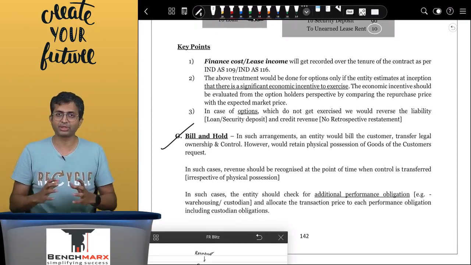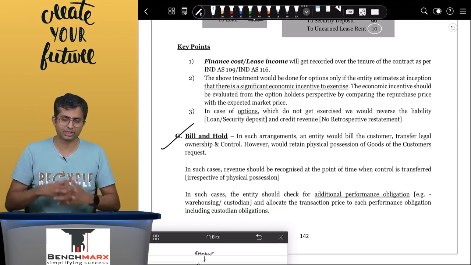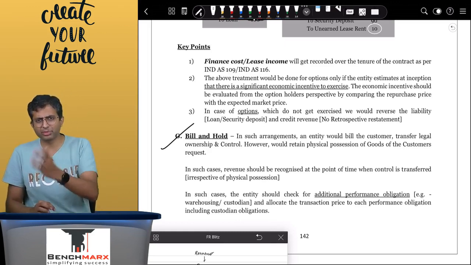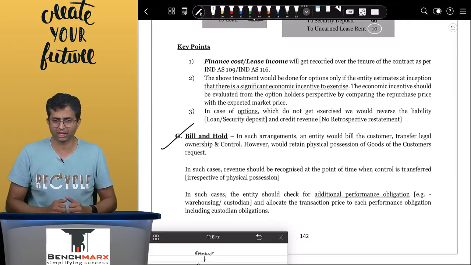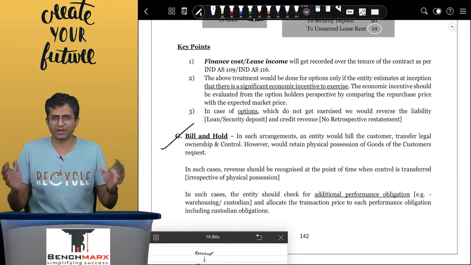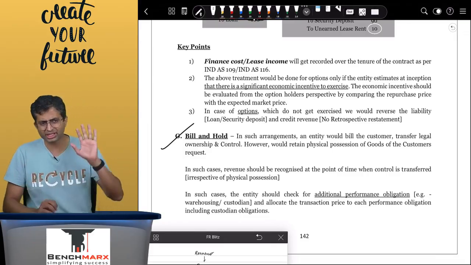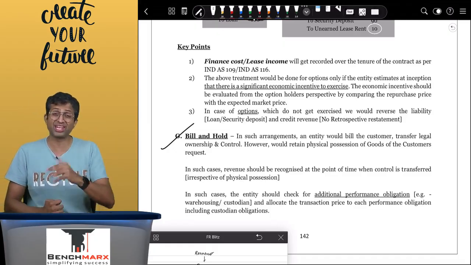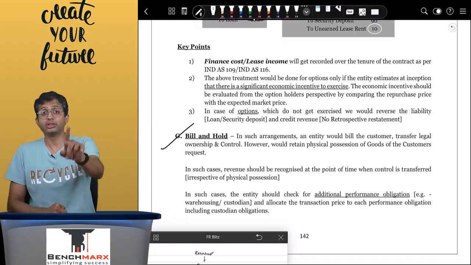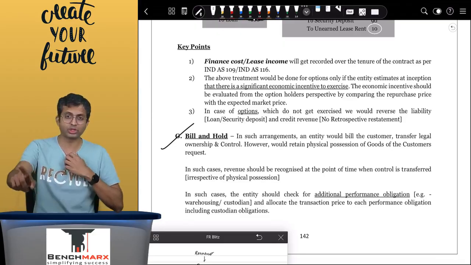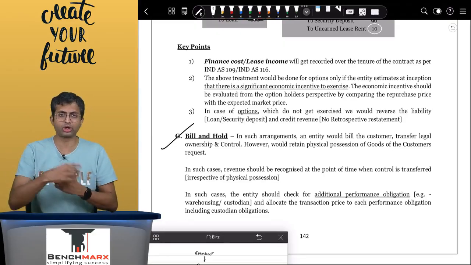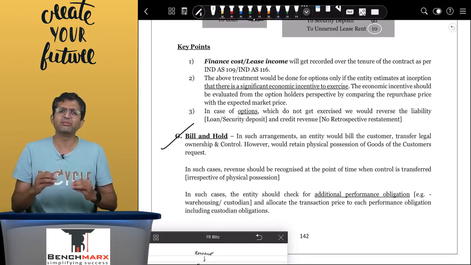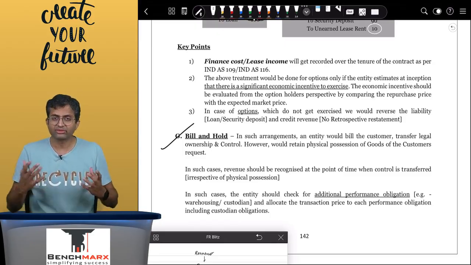Now, what might happen sometimes is that the customer might not have enough space to store these goods, but the customer's factory might be very close to your warehouse, and as a result, if these are like spare parts or so, the customer might say that, well, you keep the spare parts with you, whenever needed I will take it. The ownership of these goods are with me. You have to keep the goods earmarked. You cannot really give it to anyone else. However, I will take it when I want. In such cases,